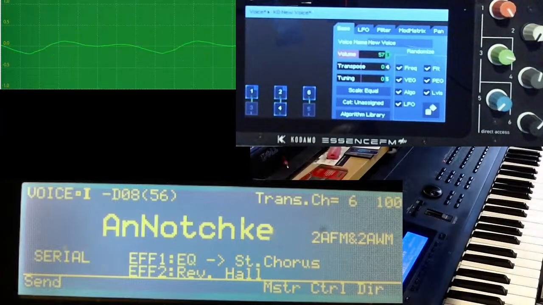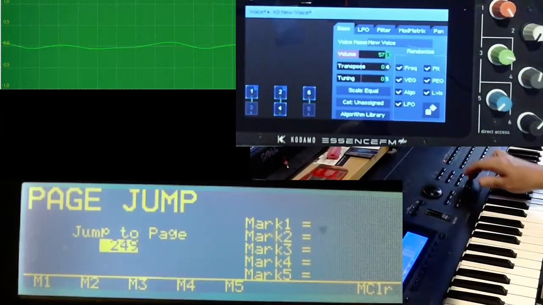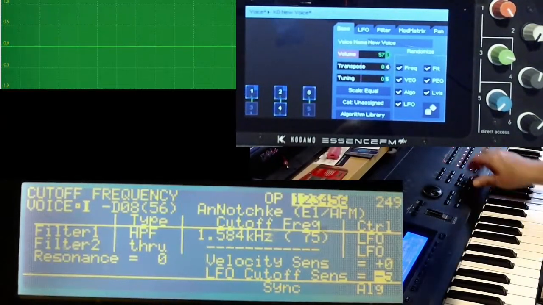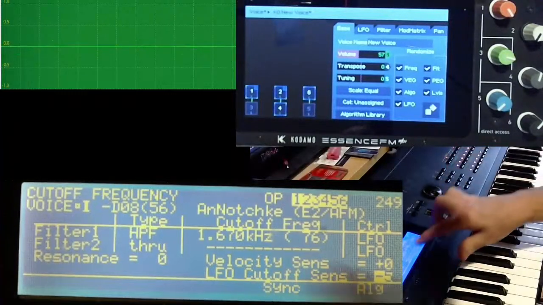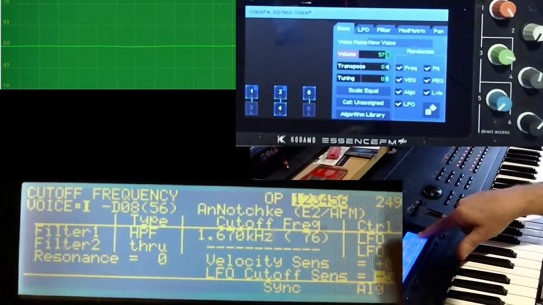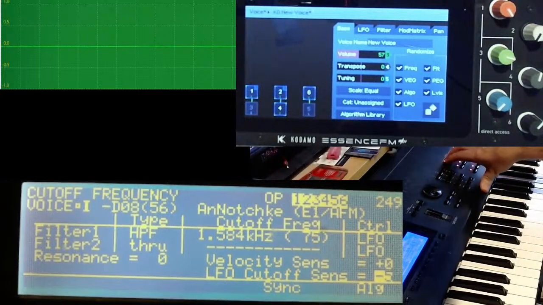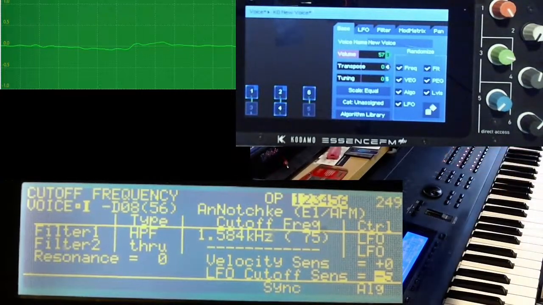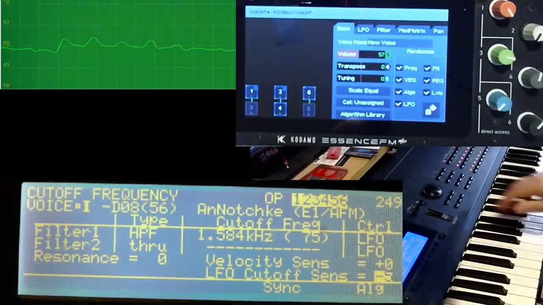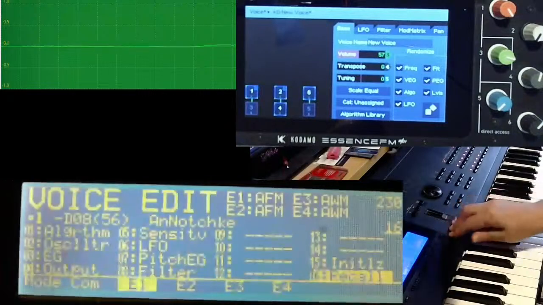So that motion has nothing to do with filters. They're not being used on this patch. I have the high pass here purely for aliasing control. But that's the only reason why those high passes are there. So the basic patch is all